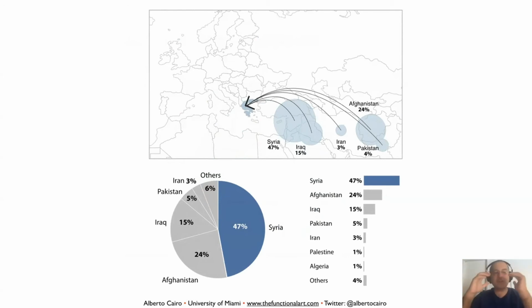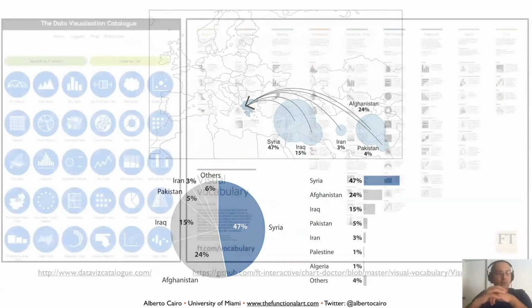In visualization, usually things are not good or bad. They are better or worse. And they are better or worse in reference or in comparison to the purpose, right? In relationship to the purpose that your visualization has. That's what gives you the reason to visualize your things in one way or another.